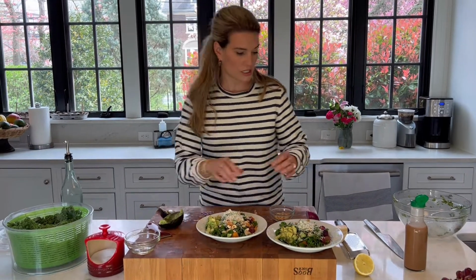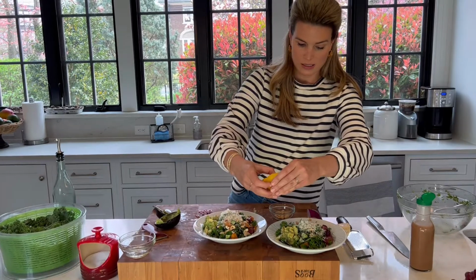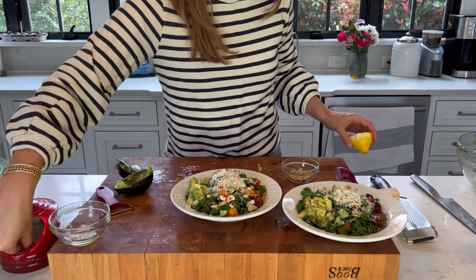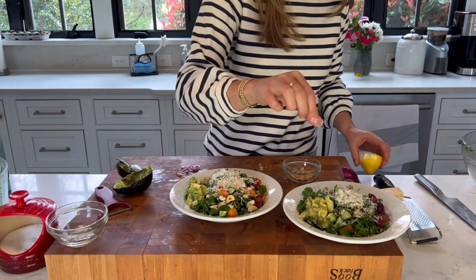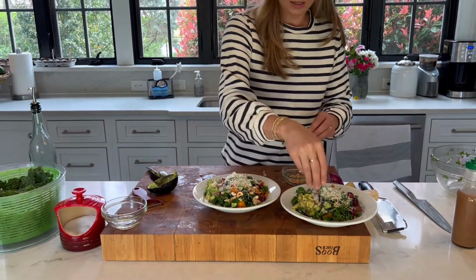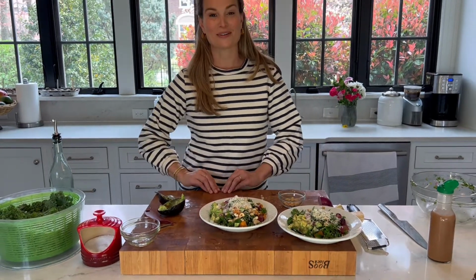Now I'm gonna add just a little squeeze of lemon onto my avocado and just a little pinch of salt. And then I'm gonna add the rest of this red onion so you see that pretty purple. And then I can't wait to dig in. There you have my